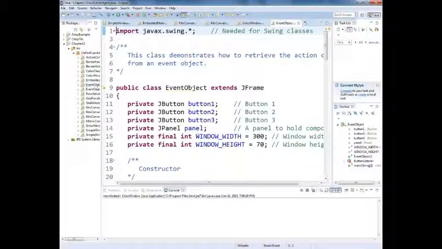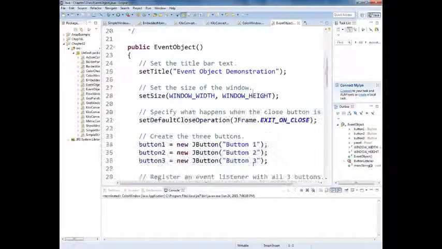So there I've got my buttons. I've got button 1, 2, and 3. I've got my JPanel, and I've got my window width. Now in the previous one, we had 3 separate methods: one for the red, one for the blue, one for the yellow. Well, we normally wouldn't do that. We would have one method that we would use, and that's kind of what the